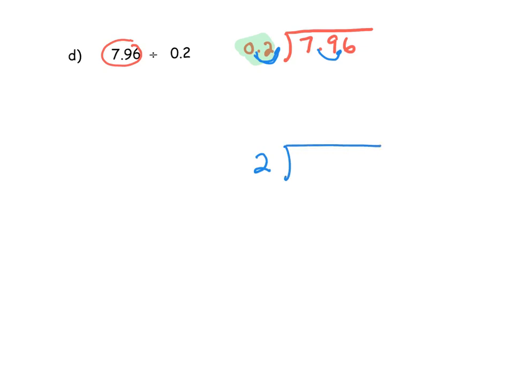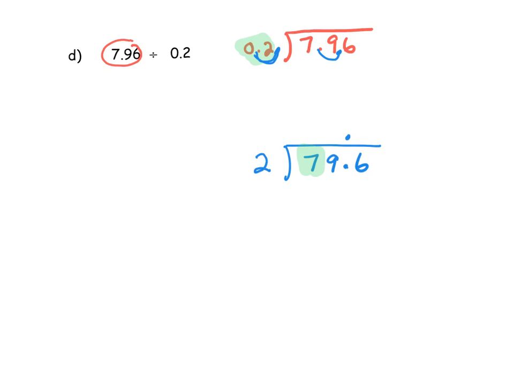So the number inside the house is now 79.6. And now I want to bring that decimal up. It's going to stay there. It's stuck there. And I'm going to start my division process. And so when I divide, because it is a tougher operation, I'm just going to have you focus right now on the 7. I want you to pretend there's nothing else on the paper but that 7. How many groups of 2 could I have in order to get close to 7? So 2, 4, 6, I'm making 3 groups to get to 6. And if I have 4 groups, I'm going to go to 8, and that's too much. So I was able to make 3 groups